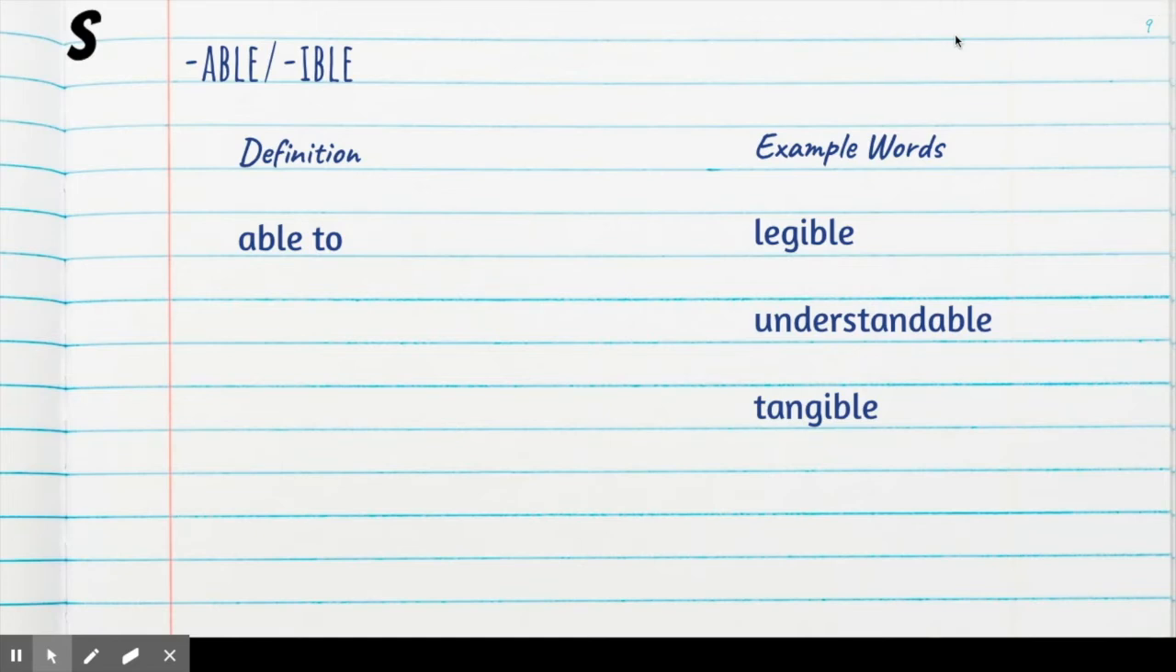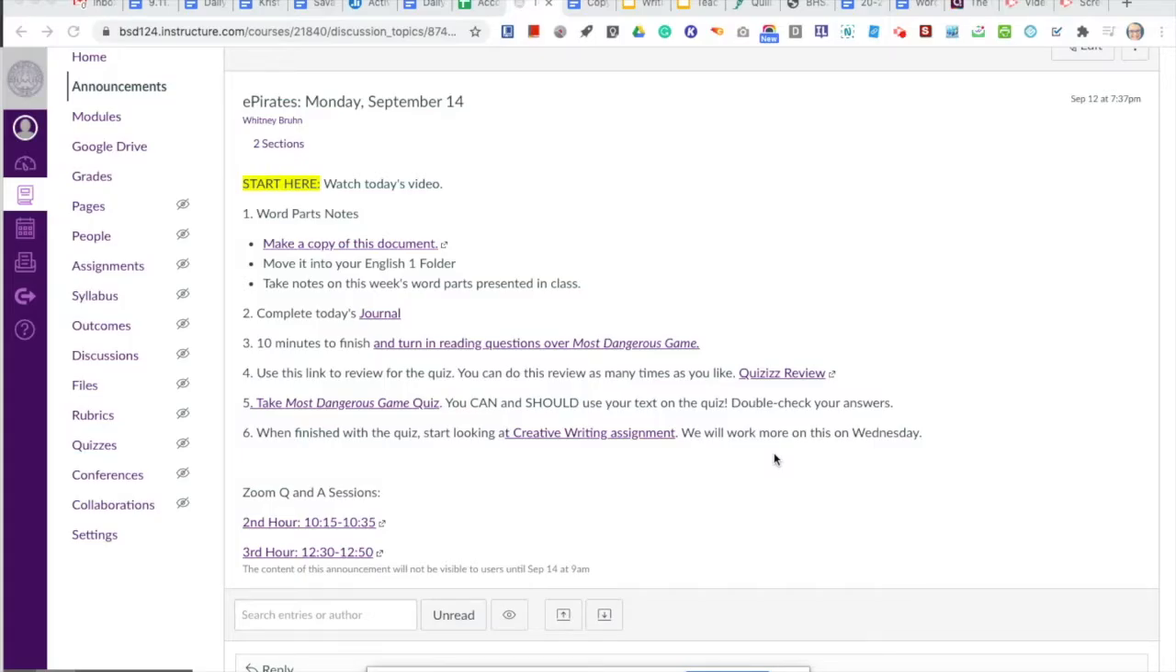We will be making a Quizlet with them next class period, but for today, all you have to do is copy down those words, definitions, and example words. So once you're finished with the notes over the word parts for this week, you are going to complete your journal for today. So if you go ahead and click on it,